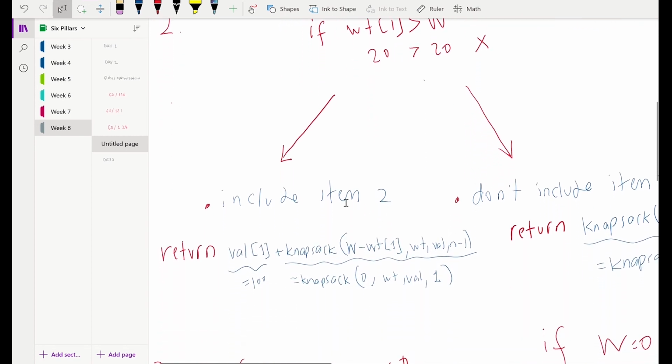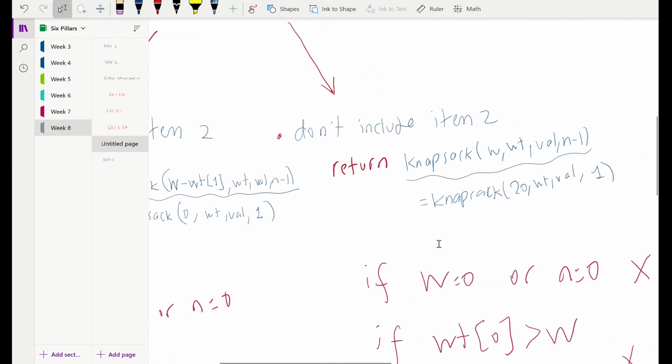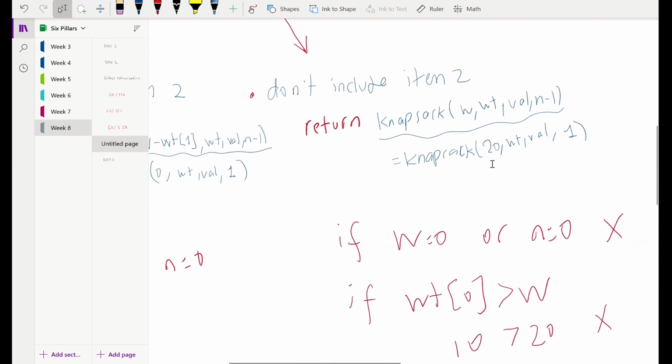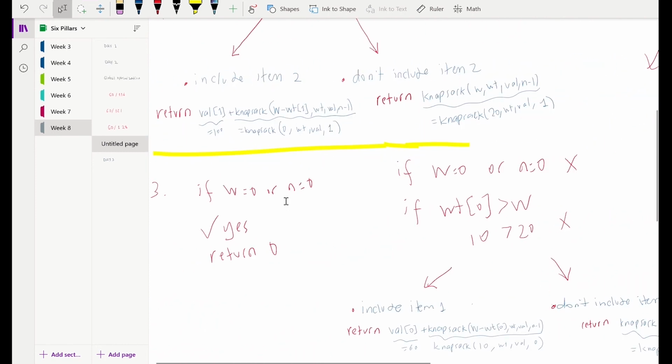And now we will decide if we are going to include item 2 or not include item 2. If we include item 2, this will bring us its value, which is 100, and then we will call the knapsack problem again with these values. So now we don't have any more capacity. The remaining number of items is now 1. If we don't include item 2, we still have capacity 20. These are the same, and the remaining number of items is 1. We do the same